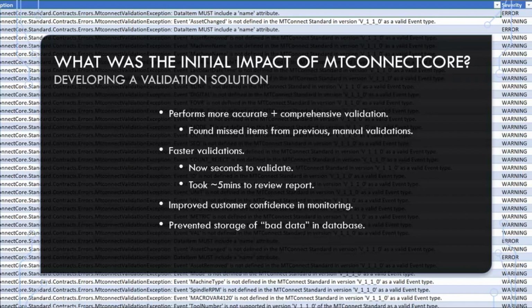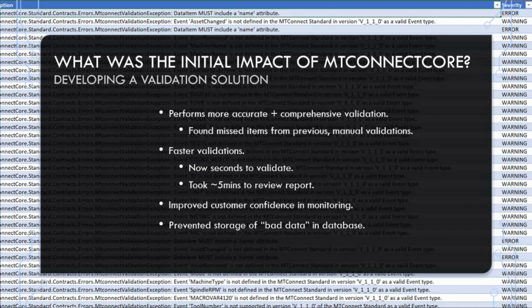So once we had this library fully developed and we were able to produce, like I said, a report of what issues occurred, that report ended up having a huge impact on our customer relations. You can see a snapshot in the background there of one of the original reports. But what was really impressive is that this code library now performed far more accurate and comprehensive validation because it covered the entire document.